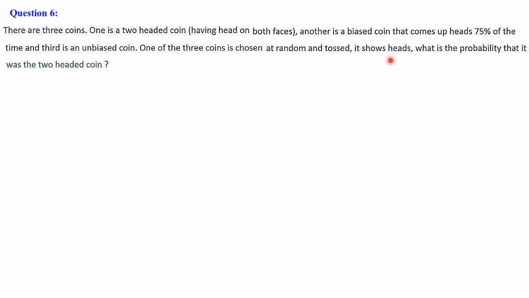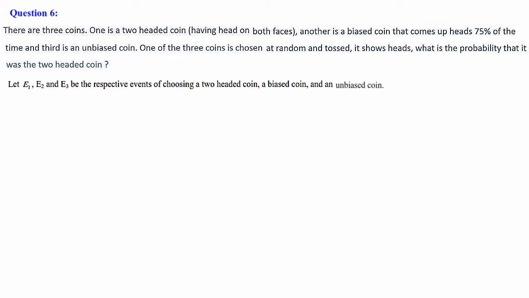It shows heads. What is the probability that it was a two-headed coin? So here surely it is a reverse probability question. So let's define E1, E2 and E3. Here there are three coins it is mentioned. So let's take E1, E2 and E3 be the respective events of choosing a two-headed coin, a biased coin and